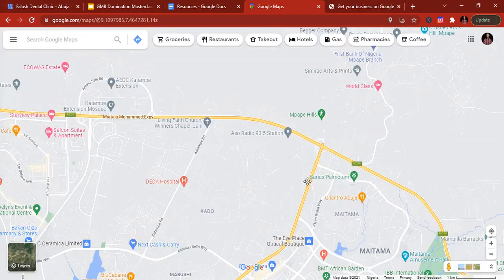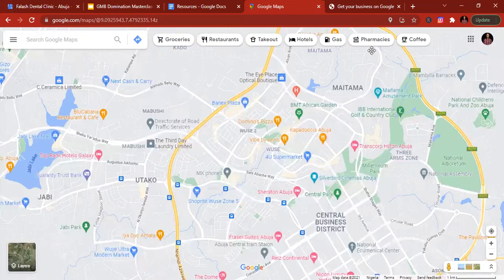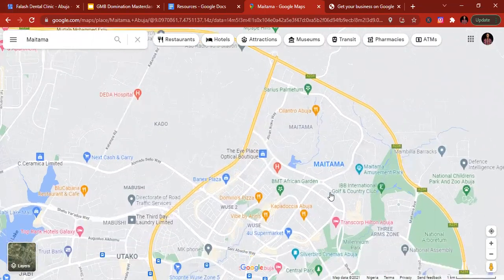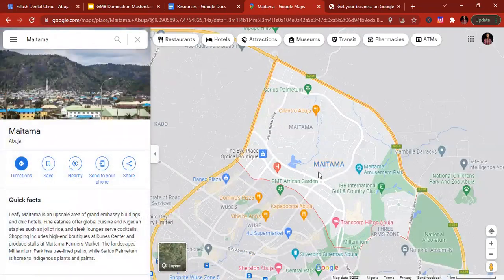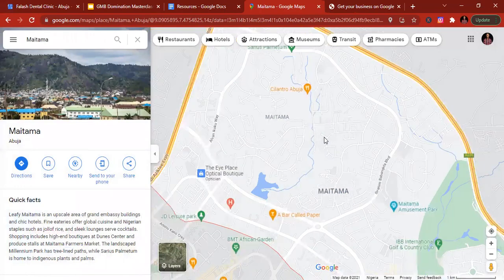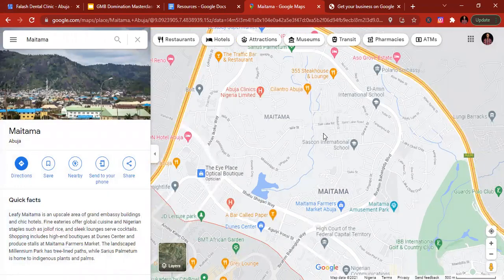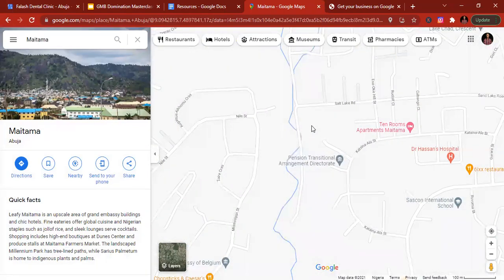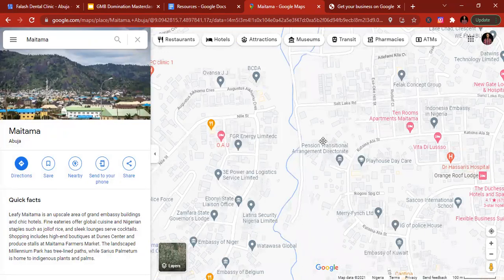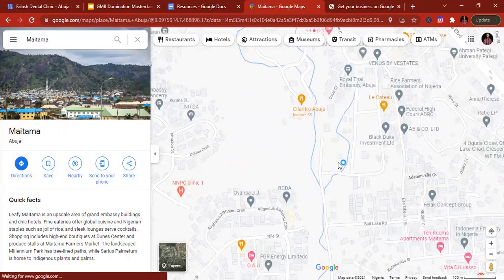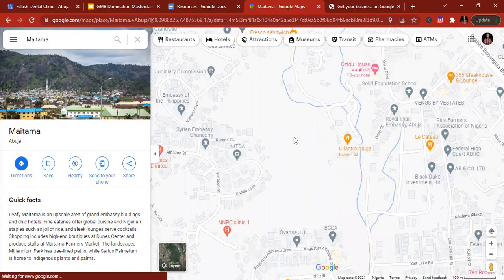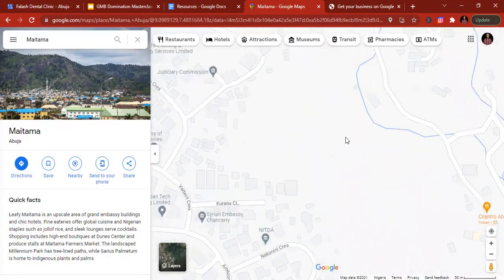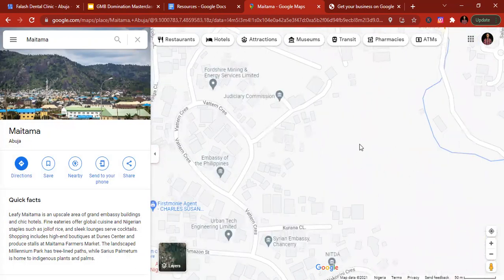So we're going to be using Maitama. Let's go here. We're going to be listing our business around here. You just have to zoom in, and then it gets a little clearer. So let's take for instance that